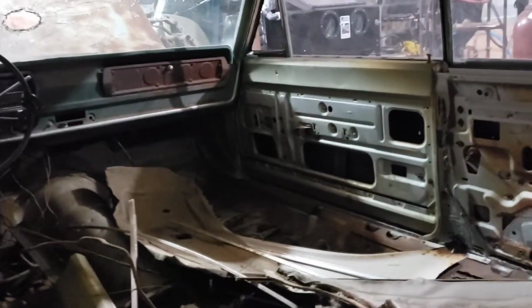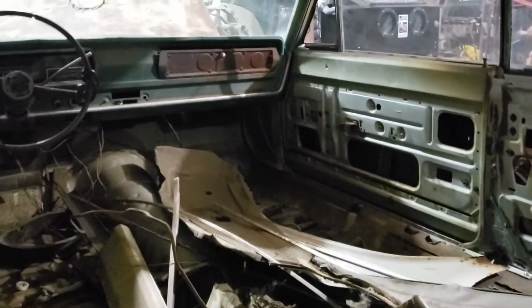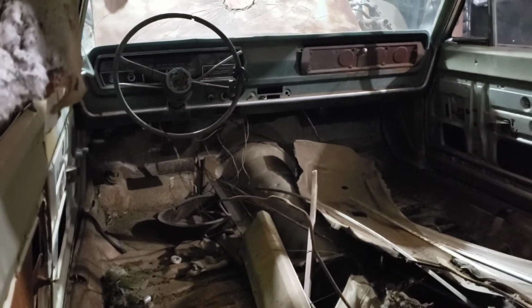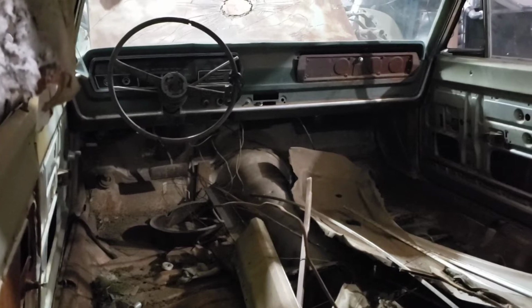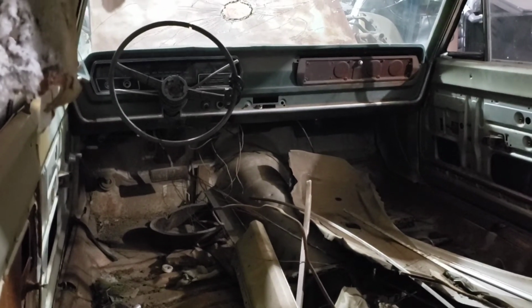Door panels are, as you can see, wrecked. I didn't expect them to be good, and I wanted a different color anyways. So another thing, long story short, and you can see the original video on this to get more details if you want. I'm going to do a full sit-down video on the history of why